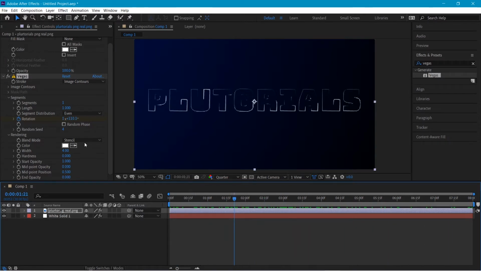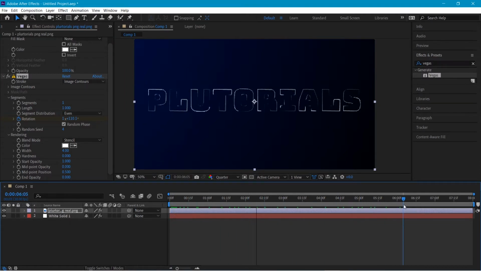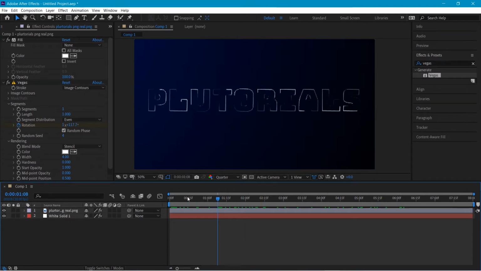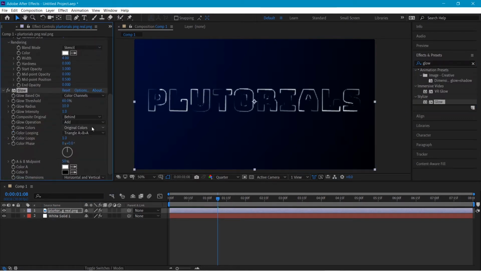For the sake of randomness, we will choose random phases so it animates at a different angle for every letter. After that we will go to Effects and Presets again and type in glow. That is the only element that is missing in the logo that will make it pop and look more realistic to the audience. We will change its settings to around 80, around 12 or something like that. And its color.